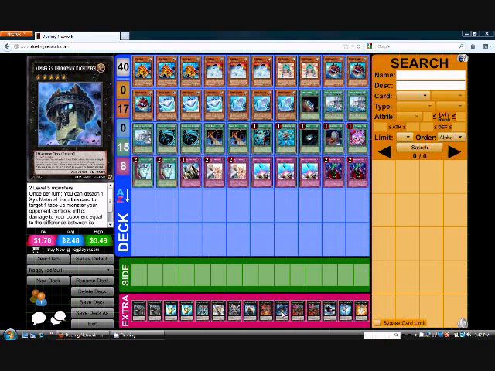Number 33 Chronomaly Machimek. 2 level 5 monsters. Once per turn, you can detach 1 XYZ material from this card to target 1 face-up monster your opponent controls. Inflict damage to your opponent equal to the difference between its original attack and the current attack, and if you do, this card gains attack equal to the damage inflicted. I don't really summon it, but hey, it's a level 5, and I thought I could try to summon it